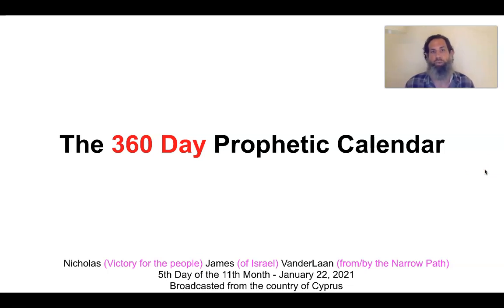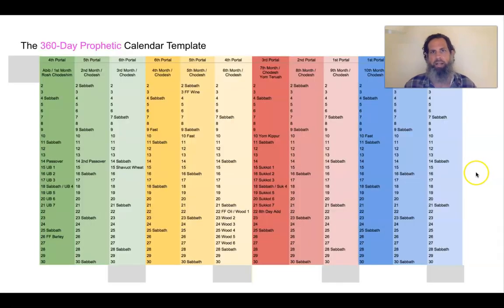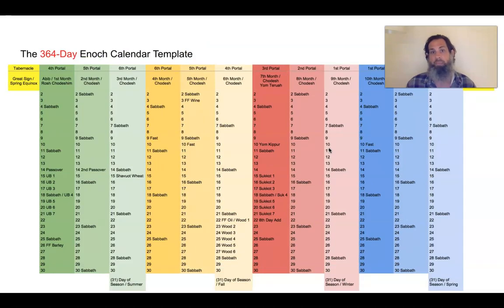It's January 22nd, 2021, and this video is on the 360-day prophetic calendar. In this video, I will define and explain the 360-day prophetic calendar. The 360-day prophetic calendar is the calendar and counting method to biblically count or reckon the time and days of prophecies. The 360-day prophetic calendar is a variation of and comes from the